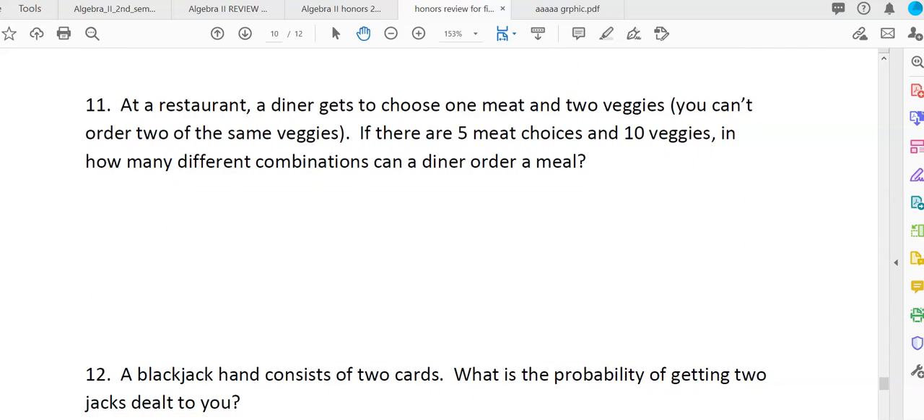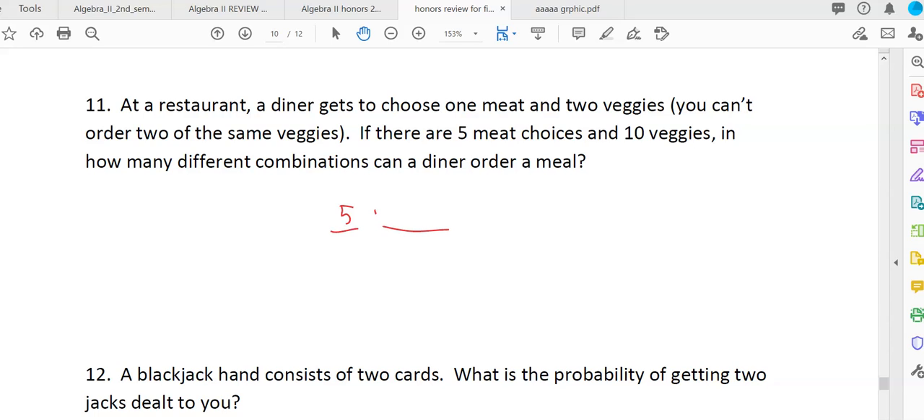How many different combinations? You can't order 2 of the same veggies or meats, that kind of thing. So 1 meat, 2 veggies. There are 5 meats. You can choose 1 meat and 2 veggies. Okay, so 1 meat and 2 veggies. So 1 meat is 5, right, times